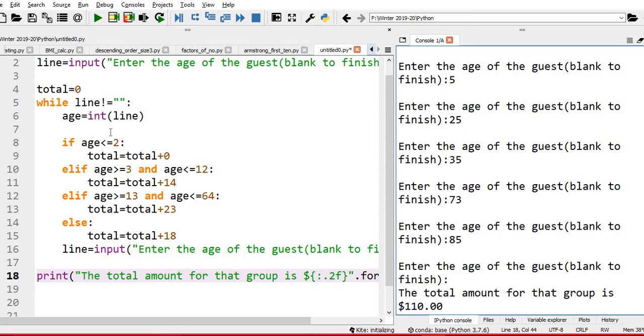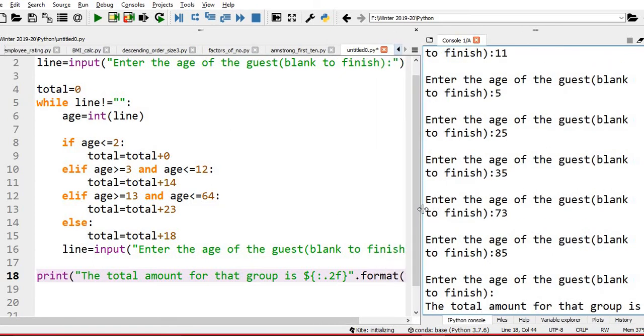This while loop will run until we don't enter any input, then the print statement is getting printed. This is how the program is working. Why am I using a while loop? Because I don't know exactly how many people there are. If I give 10 times, it will work for 10 times; if I give 20 times, it will work for 20 times. The same program I can modify using a for loop.